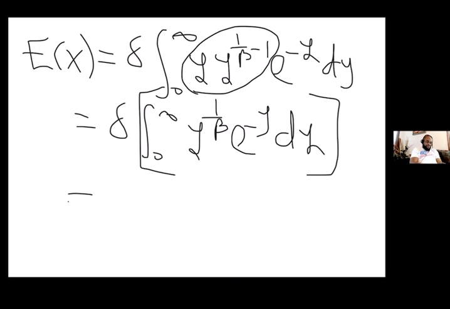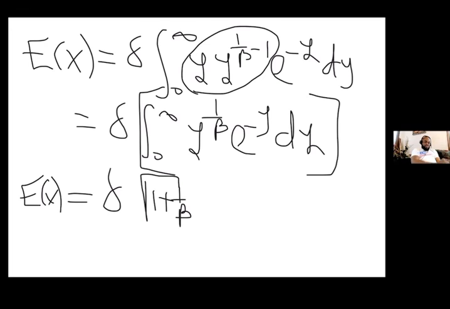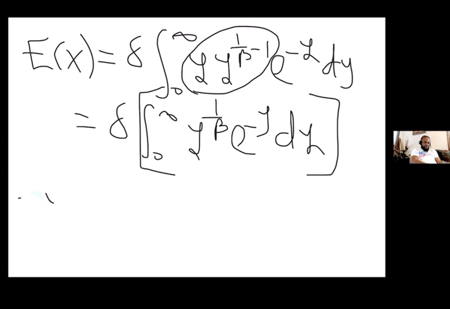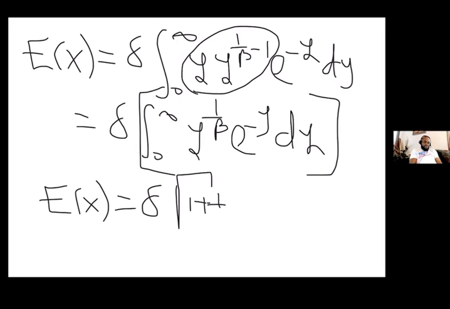So you're going to have this. It's going to be gamma 1 plus 1 over beta. So which is the mean? We succeeded in showing the mean. Let me write it very well. So we've got expected value of x equals theta gamma 1 plus 1 over beta. This is the mean.